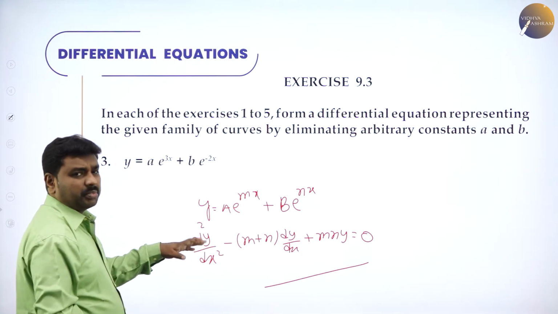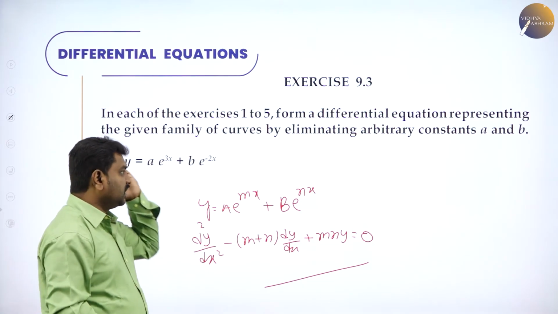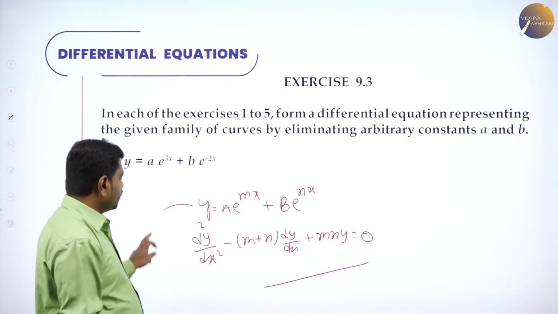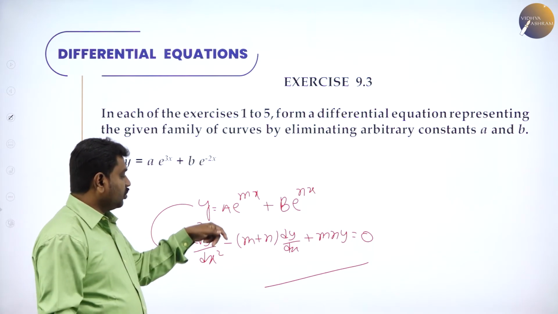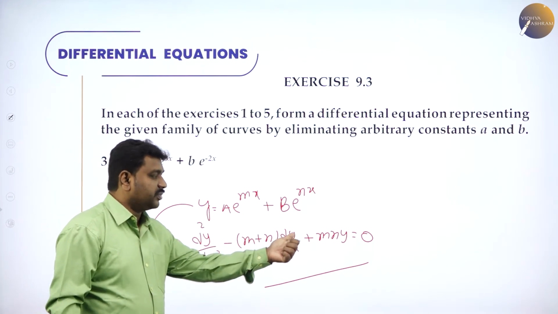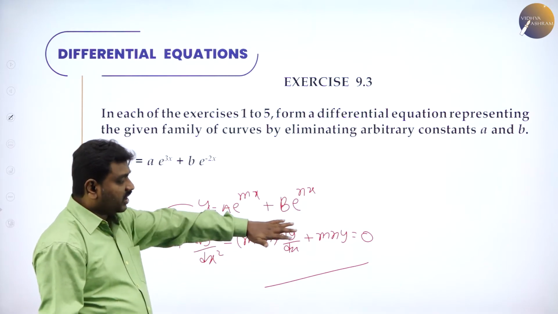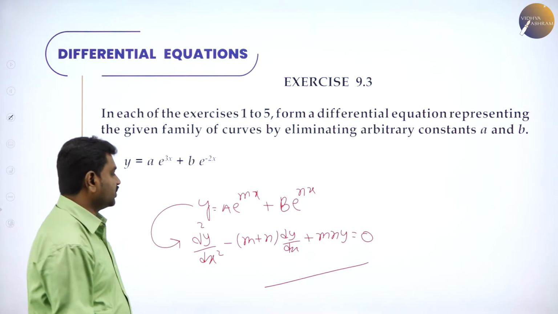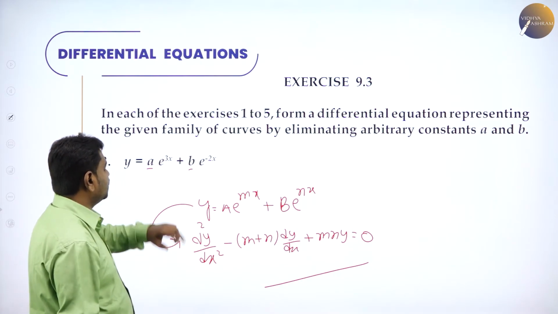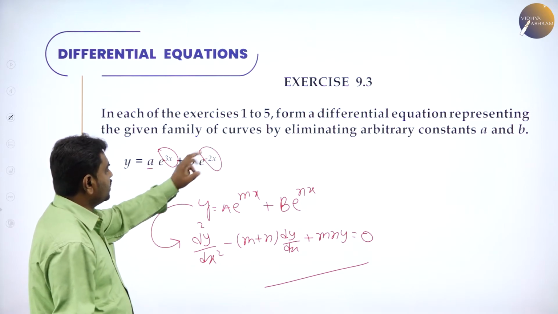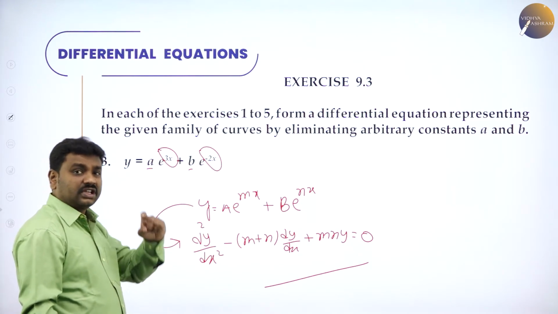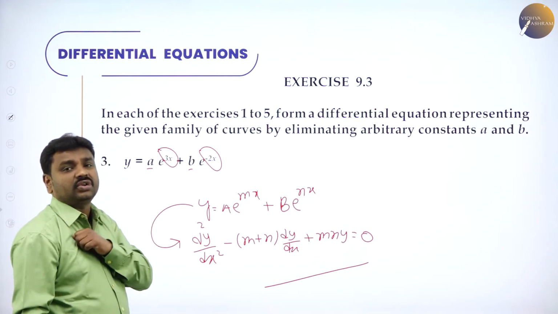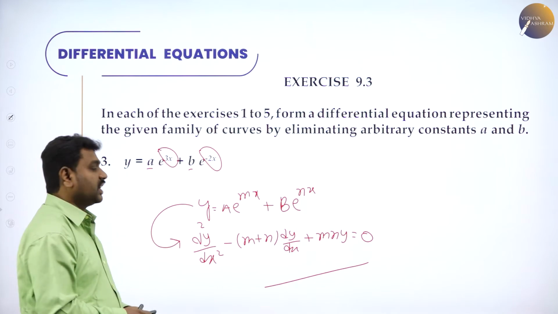Without this you can solve it, but it takes a lot of time, procedure and thinking. So to play with simultaneous equations, your observation skills should be good. And if you know this shortcut, since you have proved this, so you know d square y by dx square minus (m plus n) into dy by dx plus mn y equal to 0. You have proved it in the concept called successive derivatives in differentiation. So a and b mean any constants. So m is 3 and n is minus 2, so this equation should hold good. That is the first thinking. Then as usual, there are two arbitrary constants a and b. You can differentiate 2 times, rearrange, substitute and get the final answer.